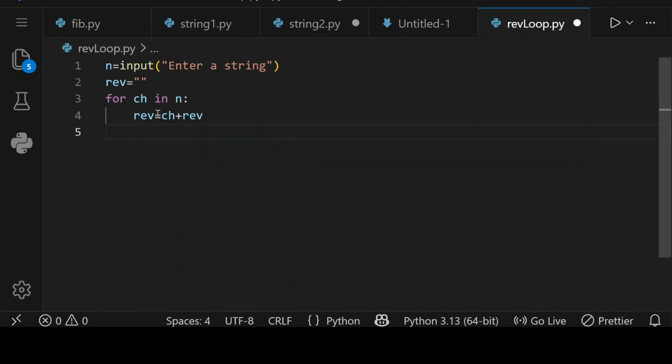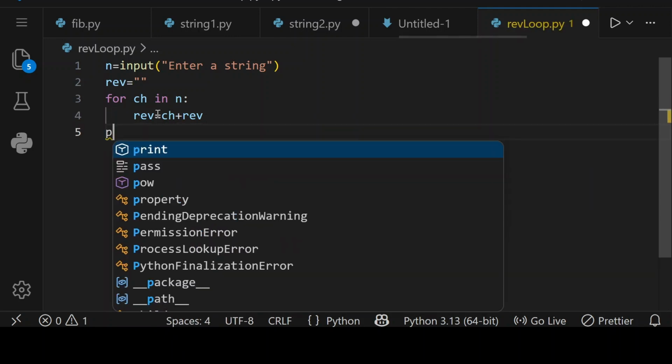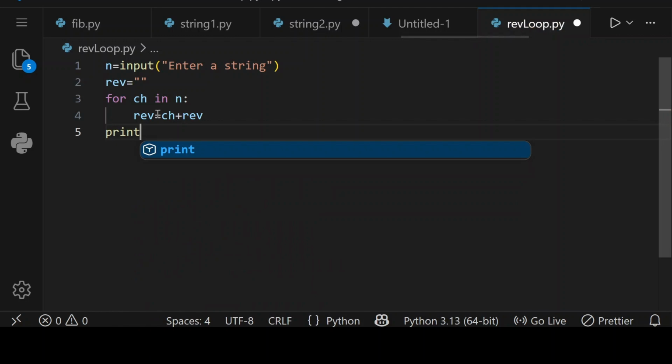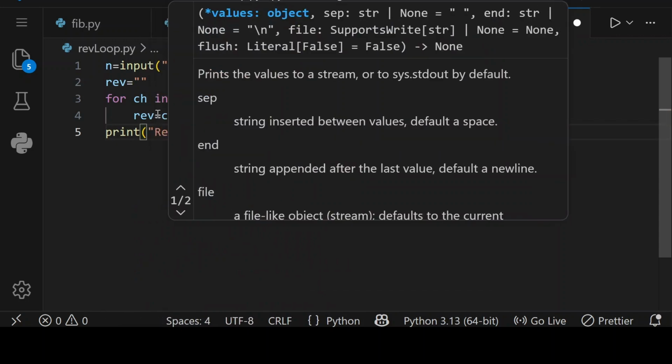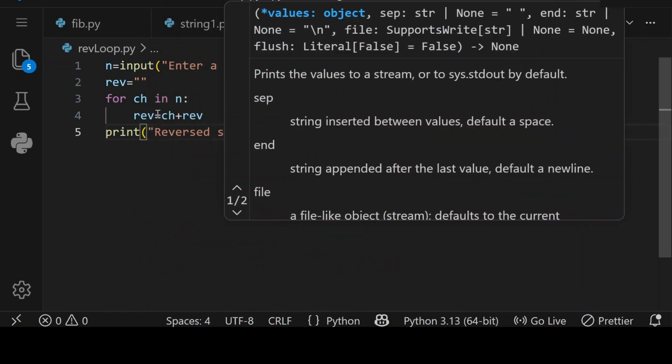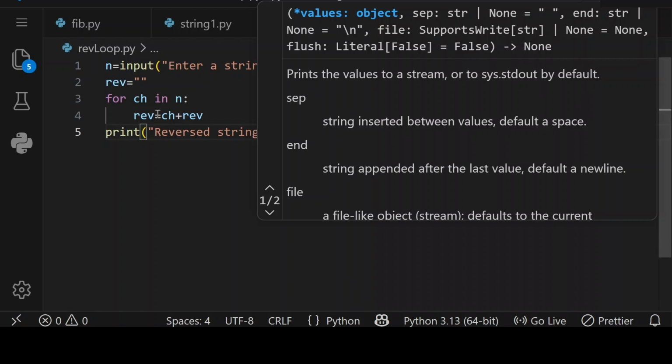and in the end we have to print our reverse string. Reverse string is